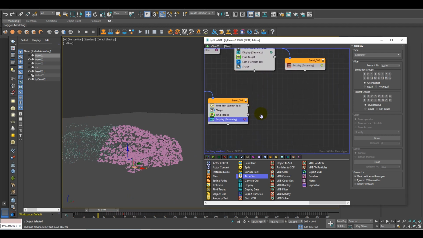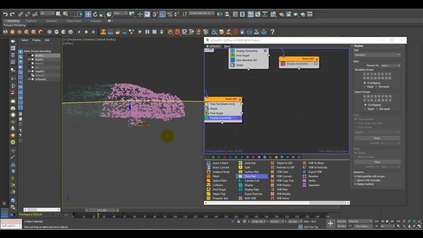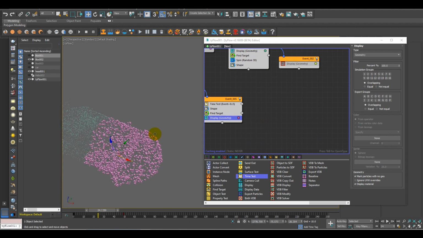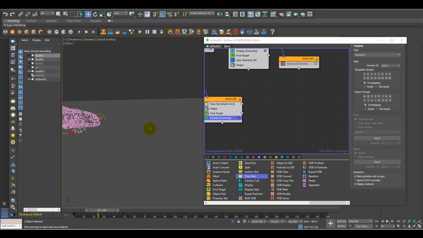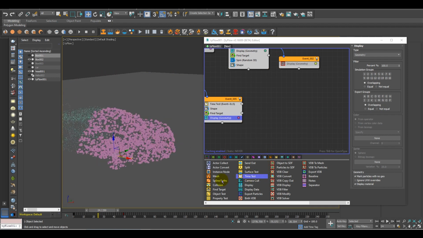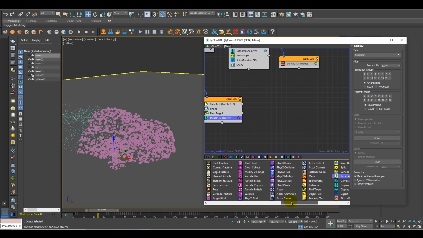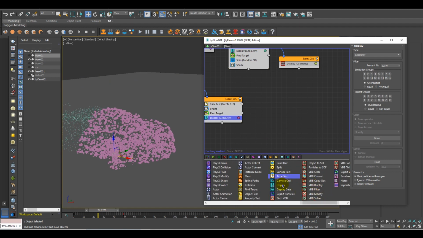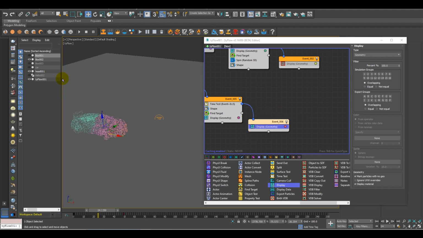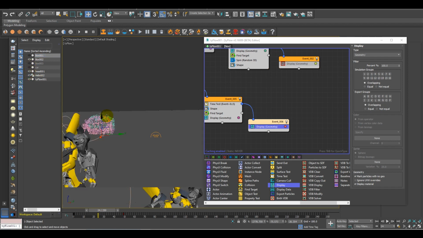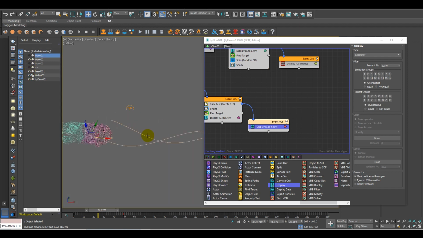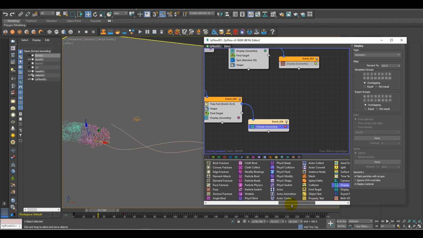Now over here I also need another event so it collides with the plane. For that, first of all I need a display, so let's have a display over here. Just connect it over here. Perfect. And now I need this to get twisted. For that I had already created a spline over here like this. So for that I use a path follow. So let's drag a path follow,